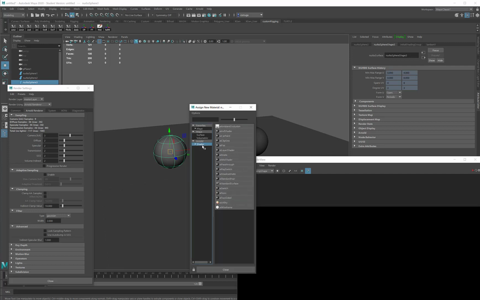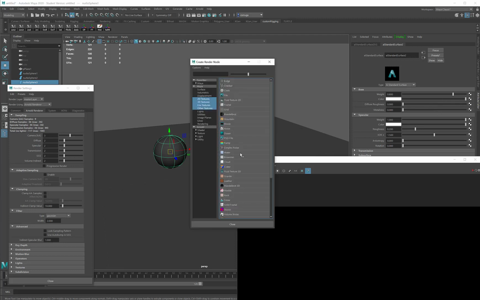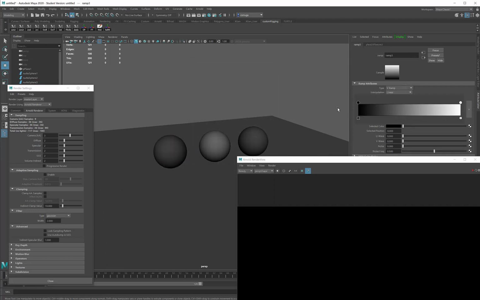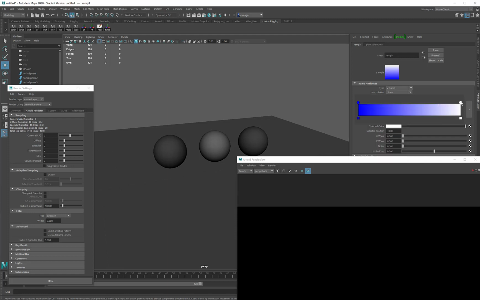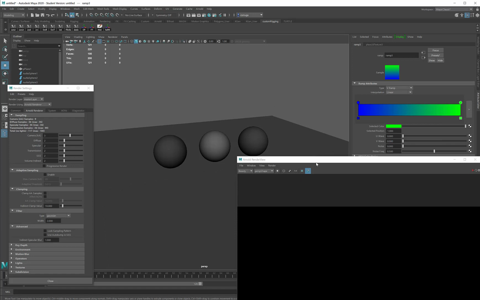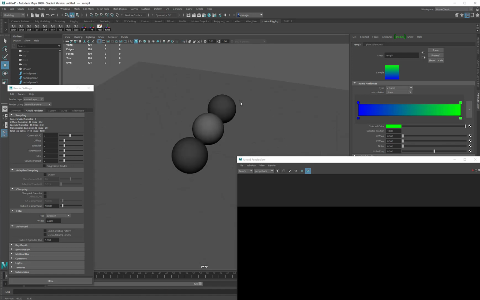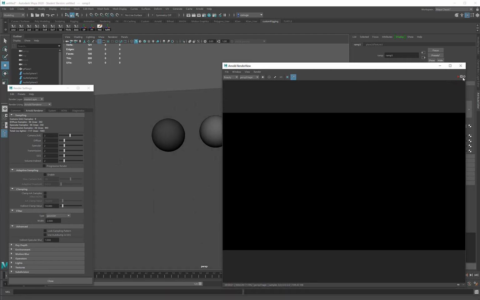And then over here I will repeat the process. Assign new material, Arnold shaders, AI standard surface, black and white checkbox, ramp. This one I will go blue to green. So there's my scene, there are my spheres, and if I go back to my render view and start my render running again,